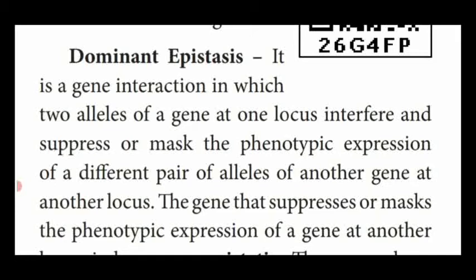Interfere and suppress or mask the phenotypic expression of a different pair of alleles of another gene at another locus. Dear students, imagine it is a chromosome. In the center is the centromere with two arms, upper arm and lower arm. Both arms have genes in the form of bead-shaped structures, one by one. So the different genes are located in the chromosome